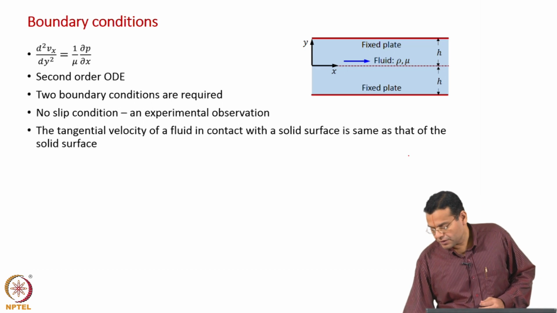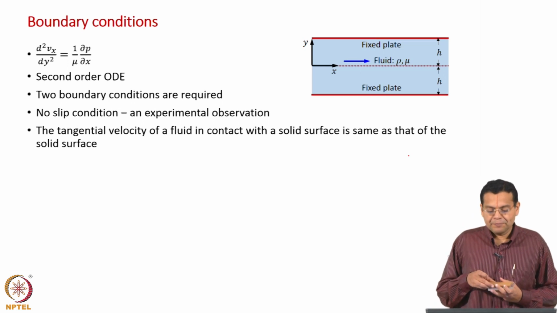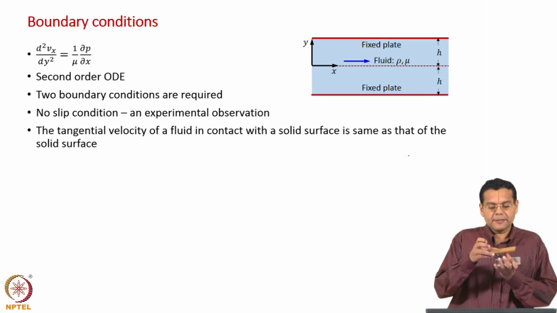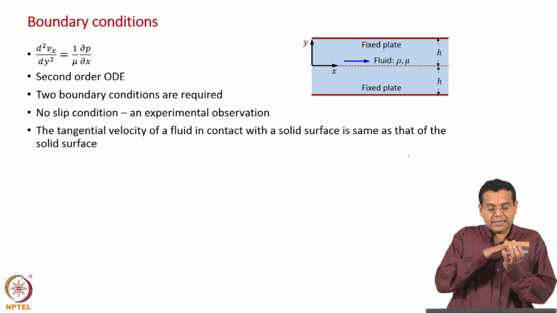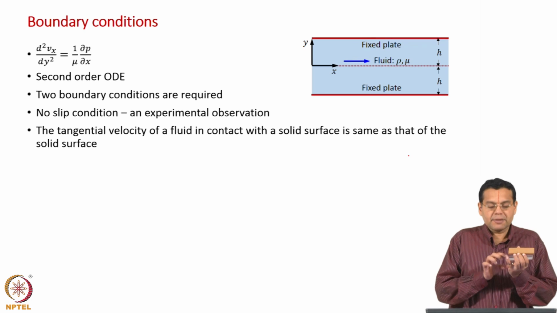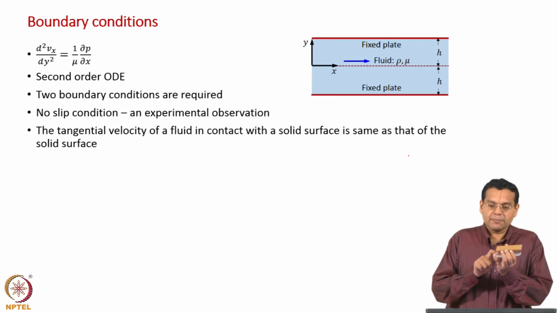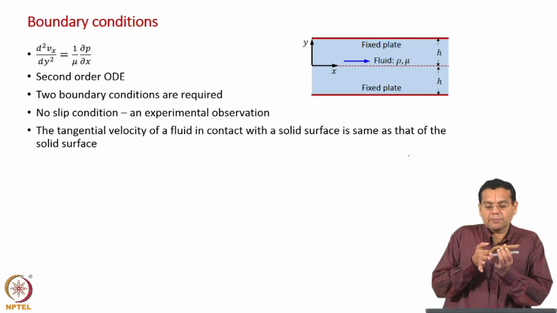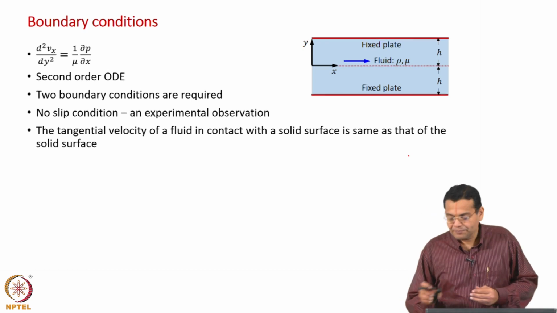Okay. So, you will come across no slip condition very frequently, almost any fluid mechanics problem you take, you will come across no slip condition. So, let me repeat, in this case you have both the plates fixed, what this condition says is the tangential velocity of a fluid in contact with the solid surface is same as that of the solid surface, and in this case both the plates are fixed. So, velocity of fluid layer just in contact with the bottom plate is 0, and velocity of the fluid layer just in contact with the top plate, that is also 0. In the earlier case at the top, because the plate was moving, we had a non-zero value. Okay.